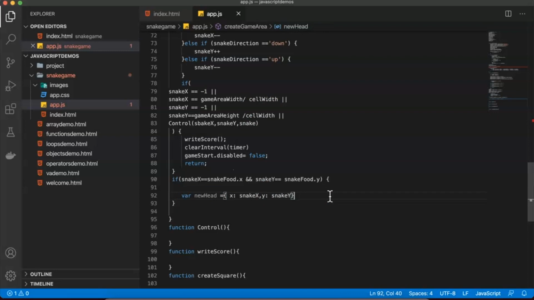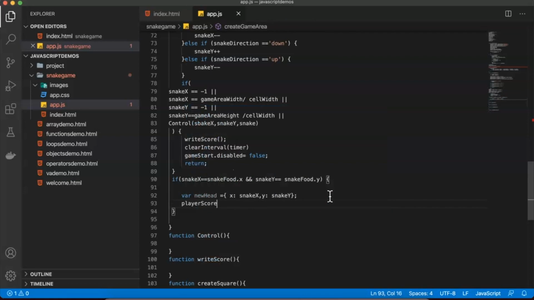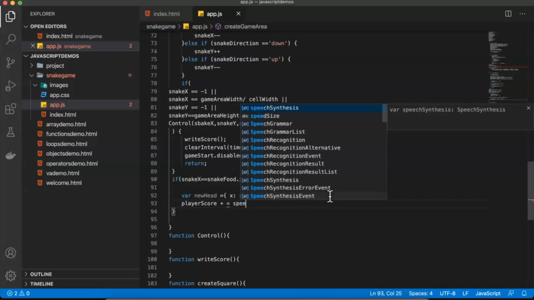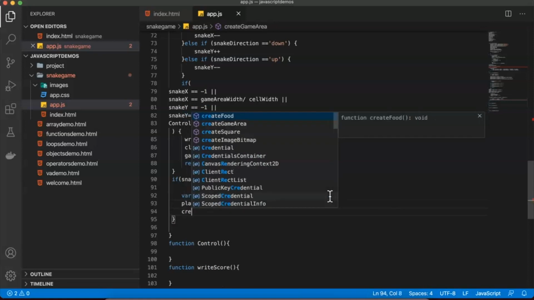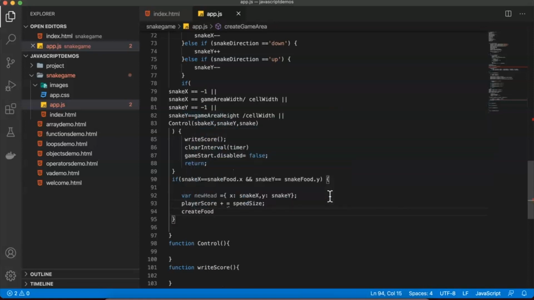These options we are taking it. Now after that we are using this option called player score plus equal to speed size, and then we are calling create food method again,